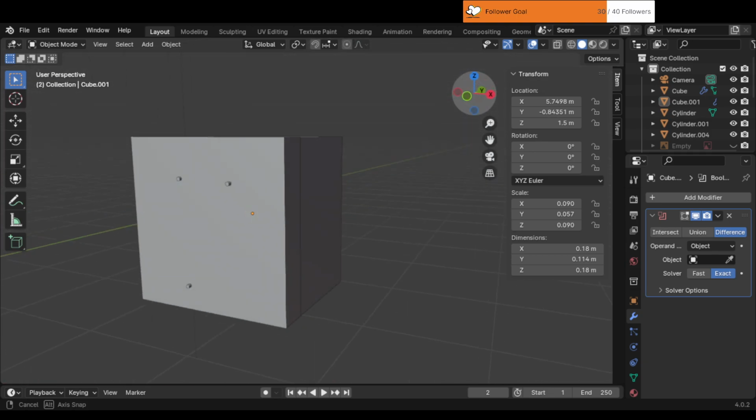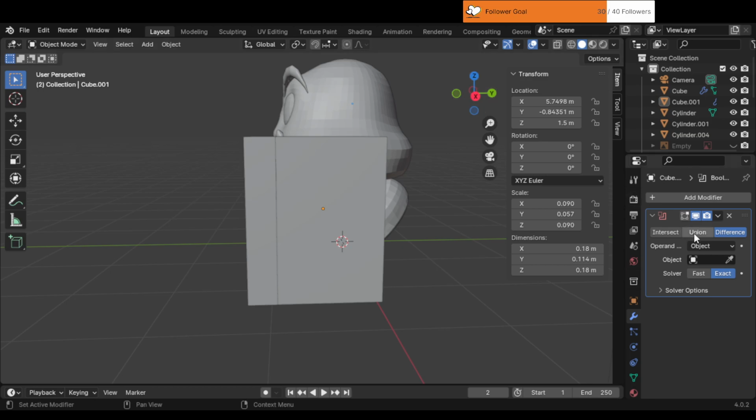4. Apply the Boolean modifier. Try applying. If the Boolean modifier is set up correctly, try applying it by clicking the Apply button in the Modifier Properties panel. 5. Check modifier conflicts. Other modifiers. Check if there are any other modifiers on the container or model that might be interfering with the Boolean modifier. Apply other modifiers. If there are other modifiers,